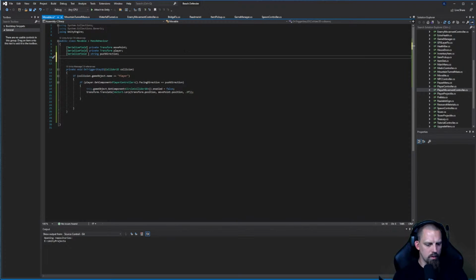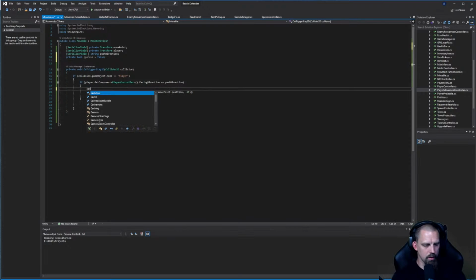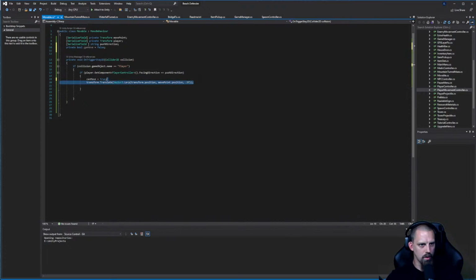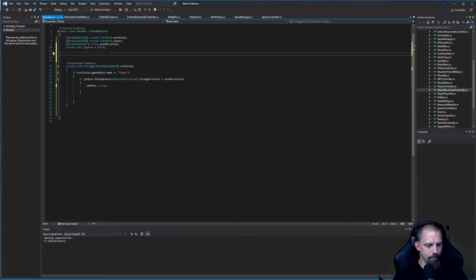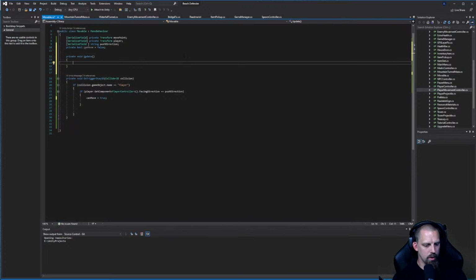Alright, let's do this. Private bool can move. Set that to false by default. Let's set can move equal to true. And we make an update and we say if can move